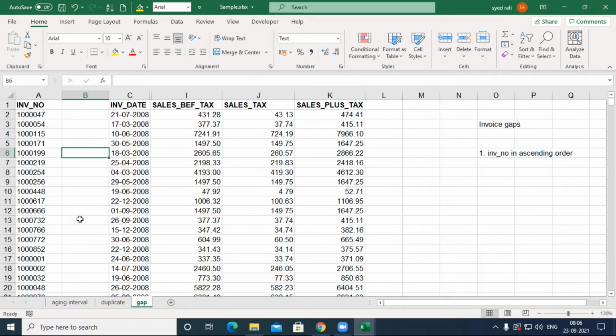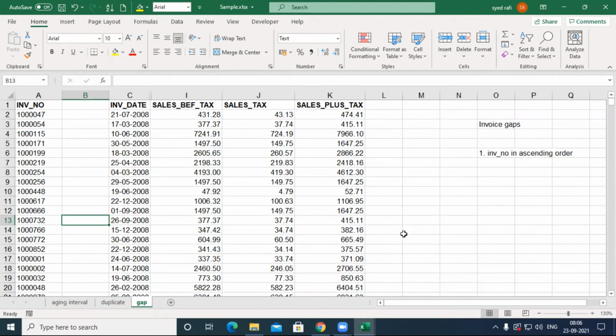I need the value. I hope you can understand what I'm saying. These three examples you make.